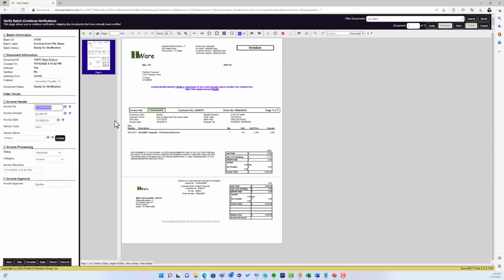Now, I'm forcing a verification stage in this life cycle because I want to show you the demonstration, how it works and the processing. In reality, you wouldn't force the verification stage. You would only show people in the finance group invoices where the system was not confident that it extracted the information. If, for example, and I happen to know that the lifecycle threshold for verification is 80%, if any one